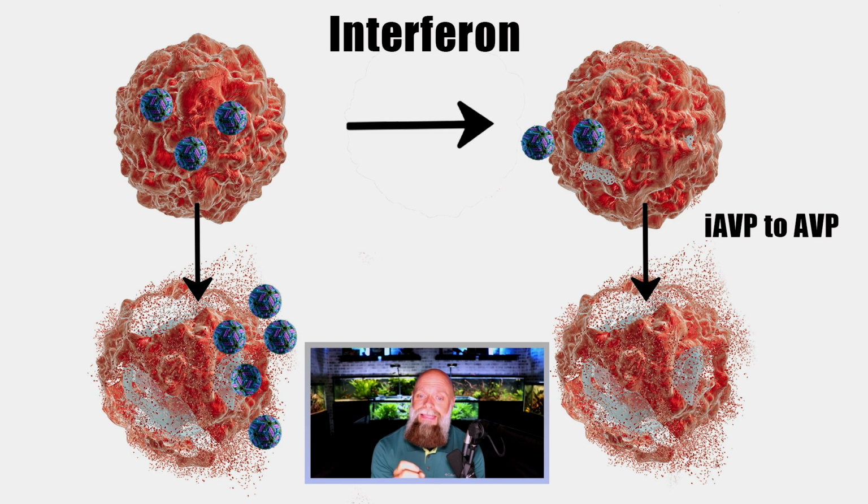Instead, what it does is that when that inactive antiviral protein becomes activated, the cell in the upper right undergoes apoptosis, programmed cell death. What happens, though, is you see the cell on the bottom right, that's that cell going through apoptosis. It's not infected by the virus. The virus is not replicating. And so essentially what's happening is those neighboring cells, as they become infected, as viral particles attach, they kill themselves off before the virus has a chance to replicate, and it's a way to slow down the spread of a virus. Sound familiar? I hope so, because in the video when we talked about viruses and bacteria,